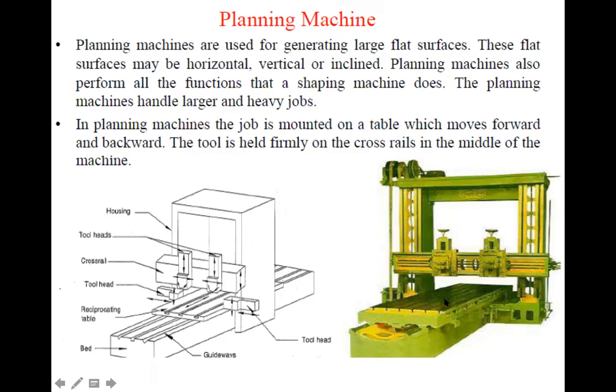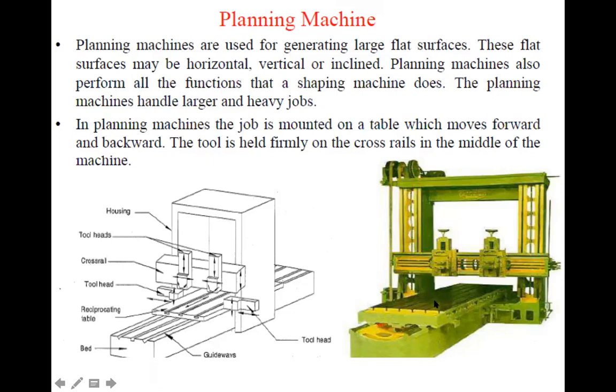So this is the typical planer. Previously, in the shaper, the work table is smaller, but here the work table is bigger. We keep our workpiece on this work table, and here we are not keeping a vise. Directly we have a slotted table, and on this slotted table, by using C clamps and other clamps, you directly clamp the workpiece. So normally it is used for heavy workpieces.